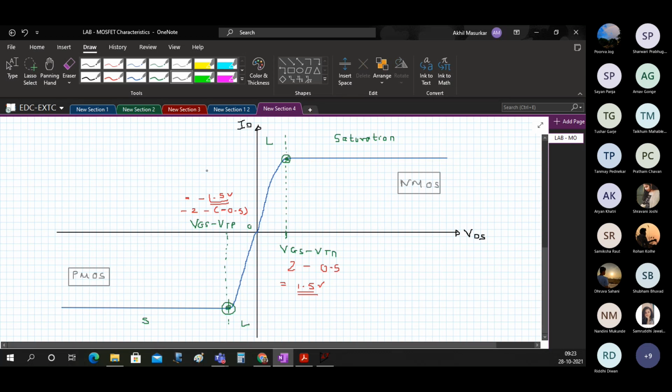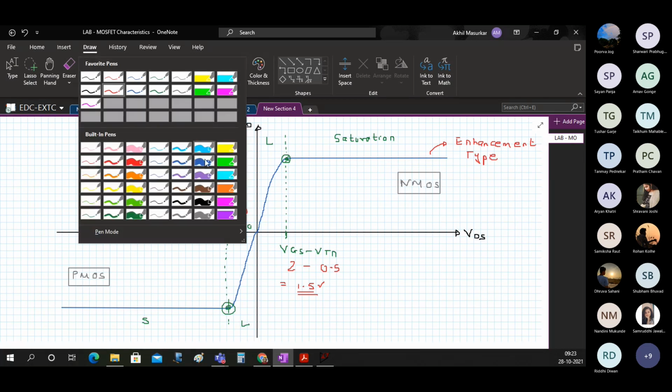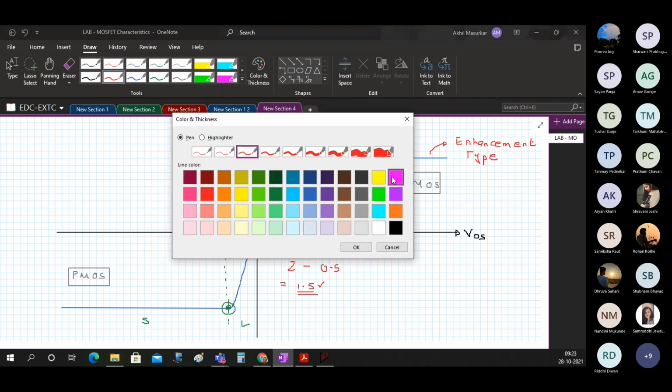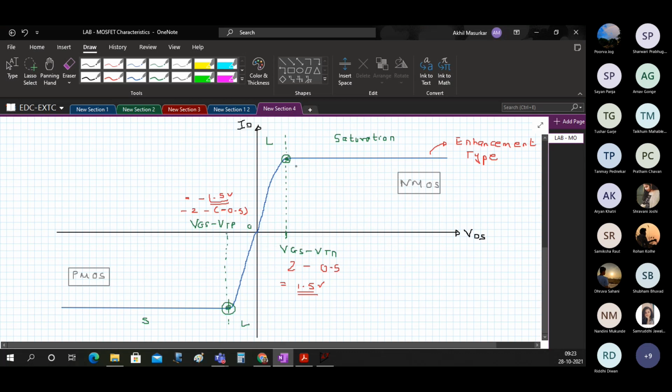Now the question arises, what will be the characteristics for the depletion type? So this is NMOS, the blue line is for the enhancement type characteristics. Now let me draw the characteristics for depletion type. But before I calculate depletion type, you must do a quick calculation here.